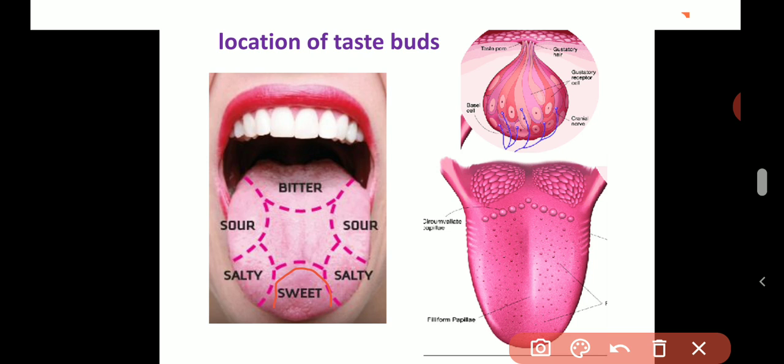Then the taste for sweetness is only at the tip of the tongue. So as the sweet food goes over the various other parts of the tongue, you don't get the taste. You will taste it only at the tip of the tongue. That is why most of the time, unaware, we try to lick and eat the chocolate or anything that is sweet. We try to touch it with the tip of the tongue. And this is also another reason why we crave so much sweetness, because we don't feel the satisfaction as the taste is only at the tip of the tongue. Salty on the sides, and on the side margins you find the sour taste. So that is the location of taste buds.